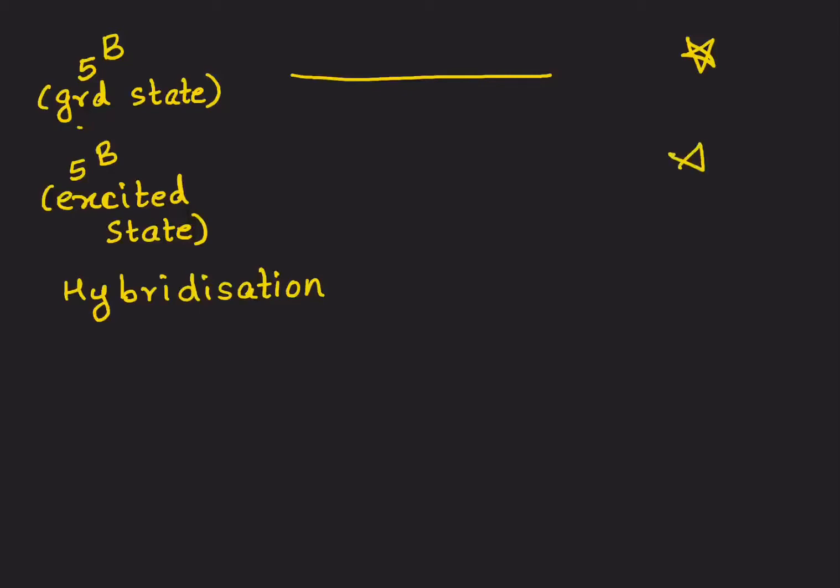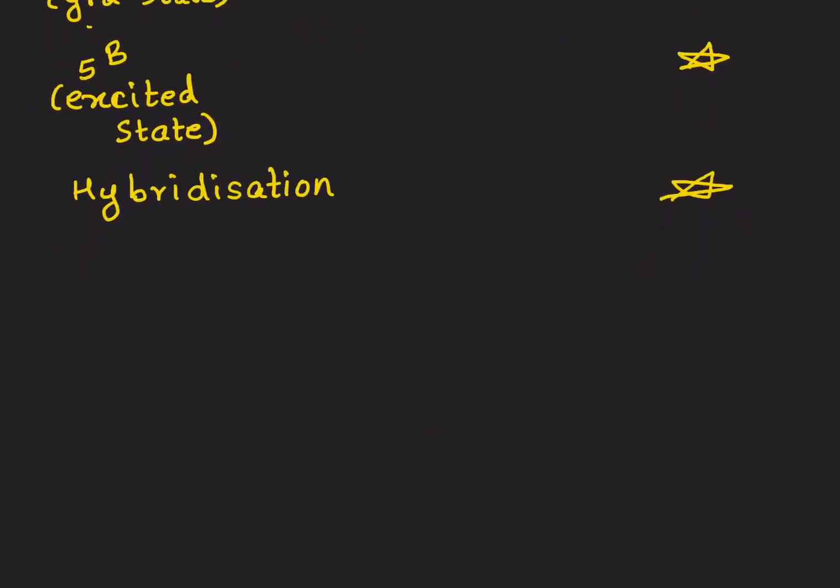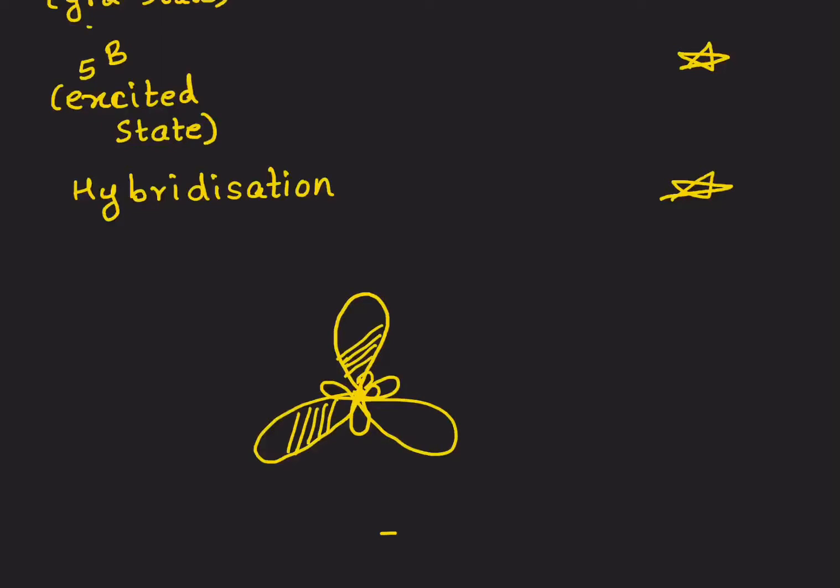Draw the configuration or write the configuration if you've done that. Perfect. Represent the hybridization. That's another star. So that's an sp2 hybridization. Again, go on to draw the structure of boron with the hybrid orbitals. Trigonal planar. If you want to shade, good. Actually, it is a good habit to shade the hybridized orbitals. Why? You'll come to know very soon. So we've got 1 unpaired electron in each of these.